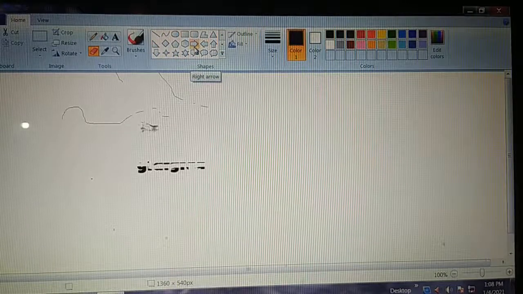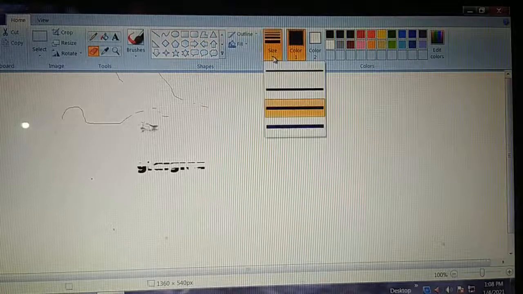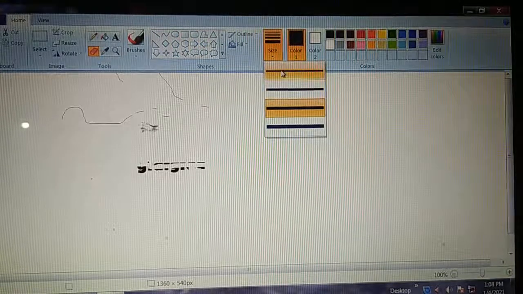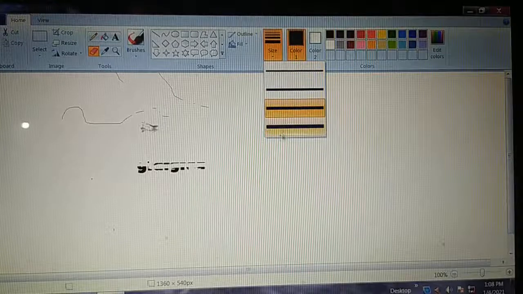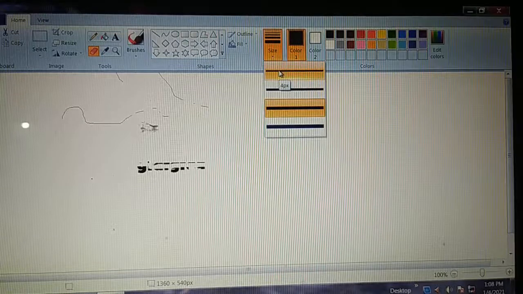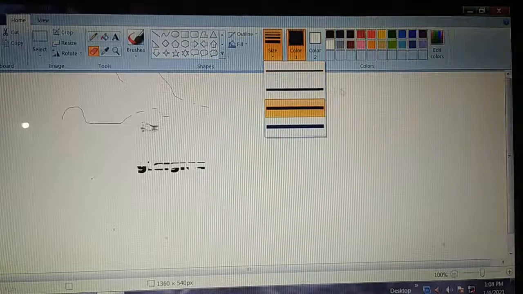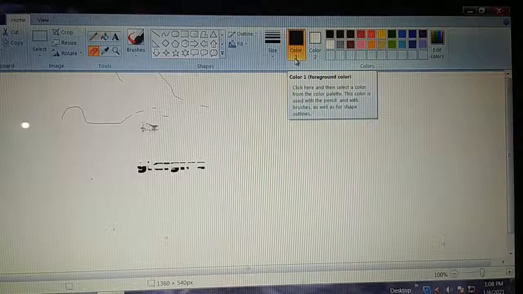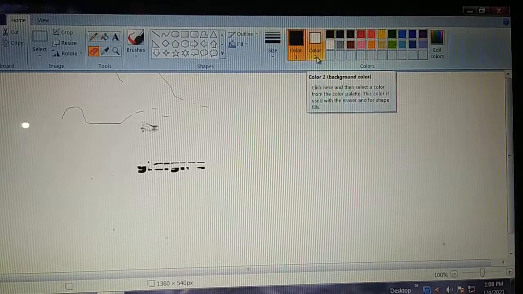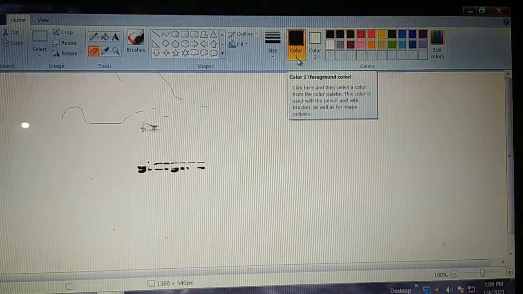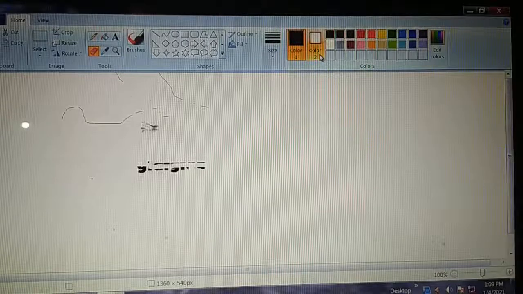So that is the Shapes group. Then this is Size. In the Size group, we choose to change the thickness of the line. Clear? Then we select color from the Colors group. There are 2 buttons in the Colors group, Color 1 and Color 2.